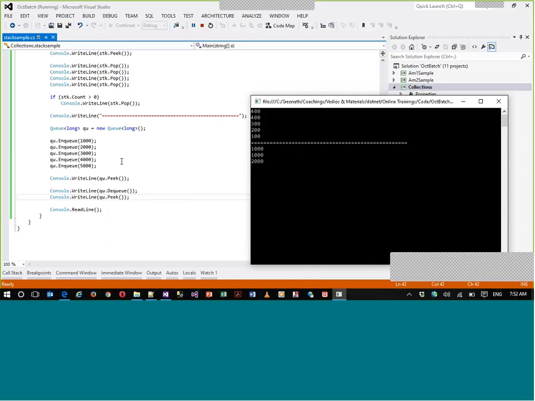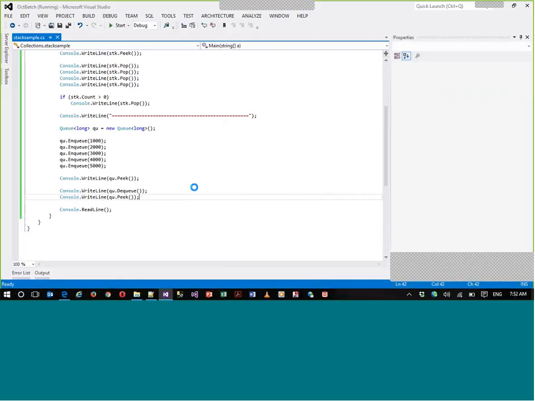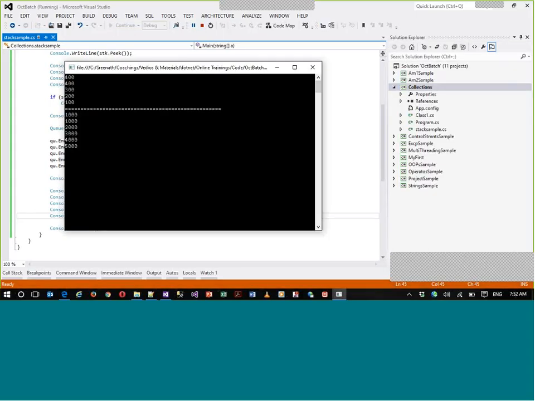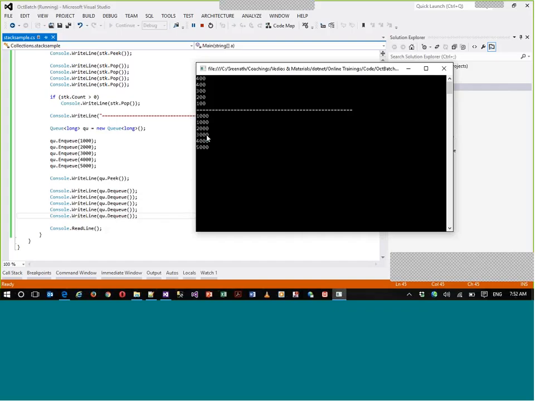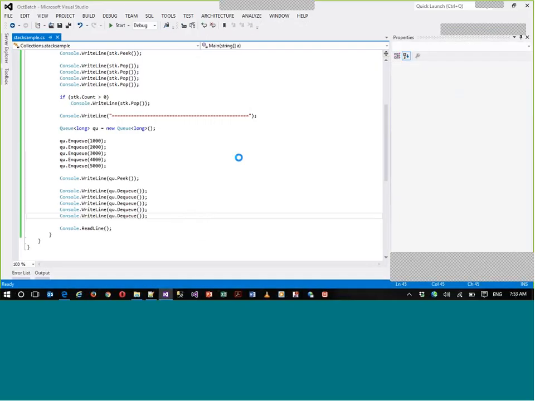Now this is what we have for data to add from first to last. So here let me just take out this dequeue and let's do it for, let's say, 5 times. Now definitely when you do 5 times, 1000 which was added first, then 2000, 3000, 4000, 5000: first in first out, whereas your stack will be last in first out, 4, 3, 2, 1. Right, so this is the principle of your queue and stack here, which is a generic collection entity we have.